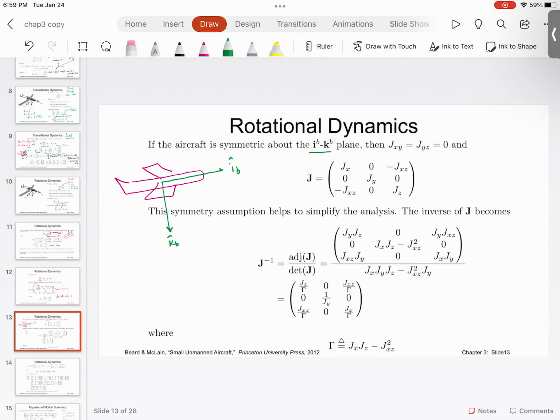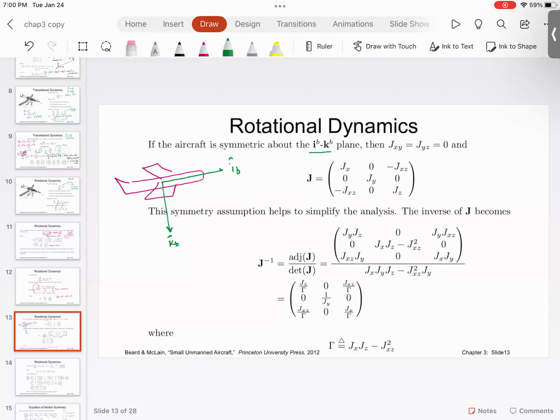This aircraft is fairly symmetric about the sagittal plane. So as you can see, the only products that remain are XZ on the off diagonal. So all other terms become zero. Everyone understood this? Since the aircraft is symmetric about the sagittal plane,